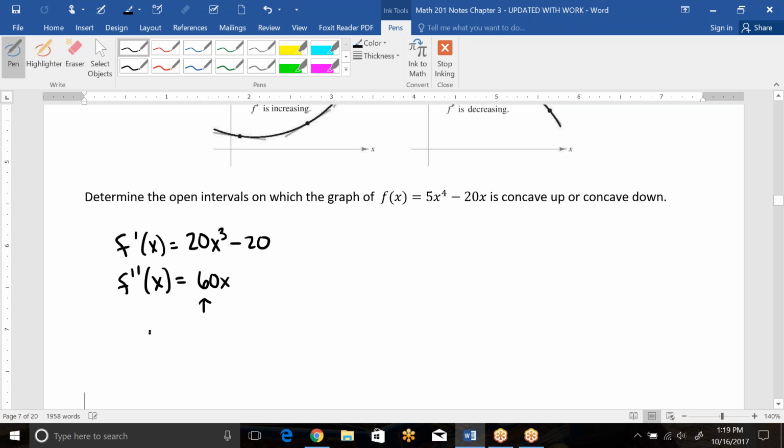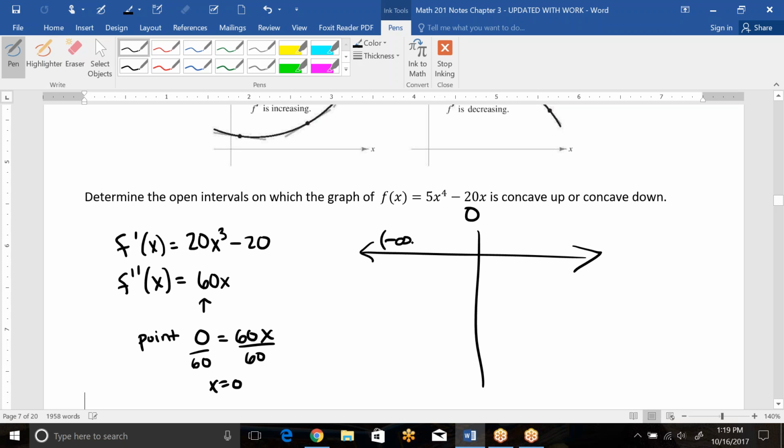The point where f double prime equals 0 would be at 0. So if we make that in our chart